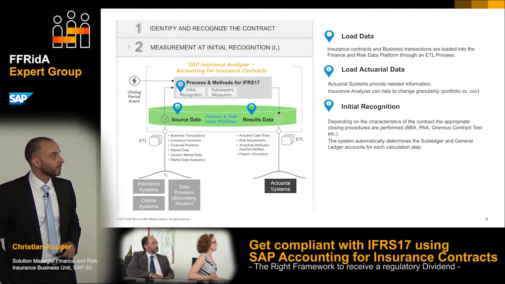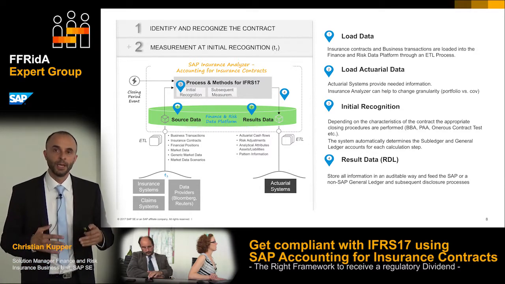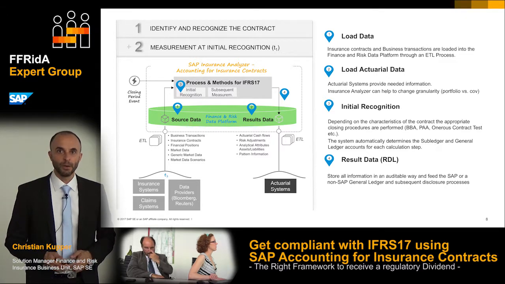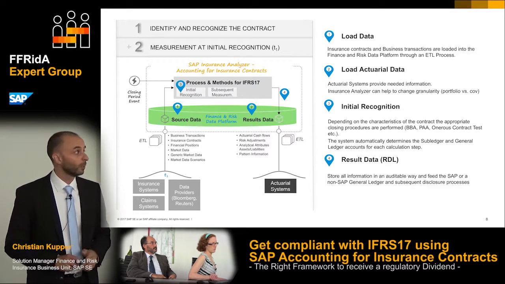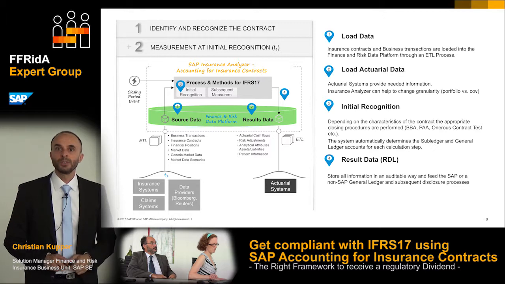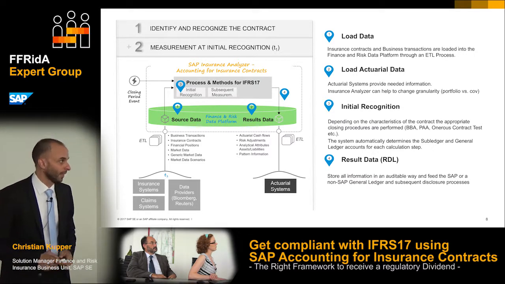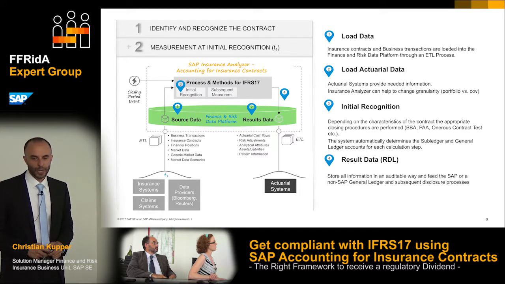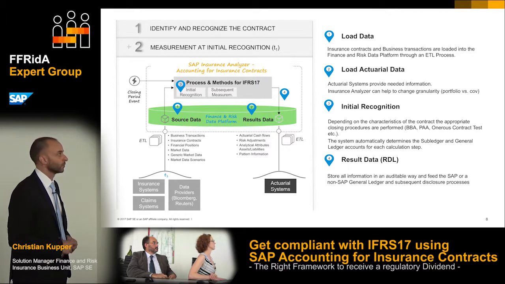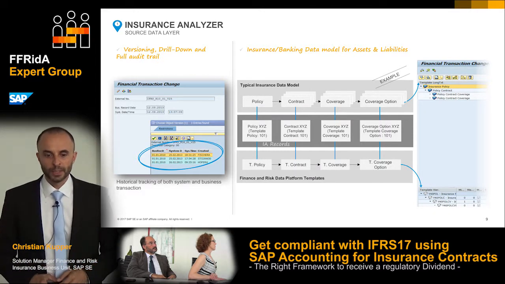Once everything is completed, in a fourth step, we determine all the debit and credit entries. We do everything which is needed and relevant for subledger accounting. We store it again in an auditable way. And last but not least, of course, we interface the general ledger. For those clients who have SAP General Ledger, it feels like working in one solution, so you can drill down from the general ledger to Insurance Analyzer as well, as you know it from other subledger systems at SAP.